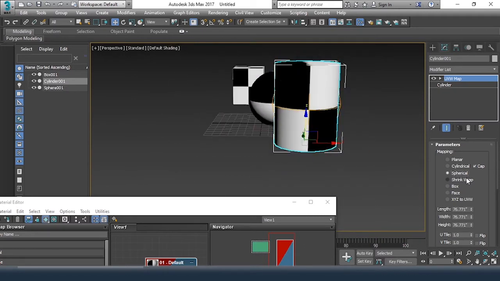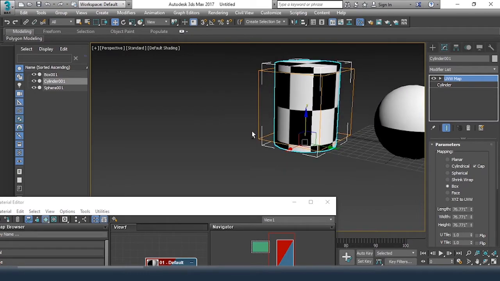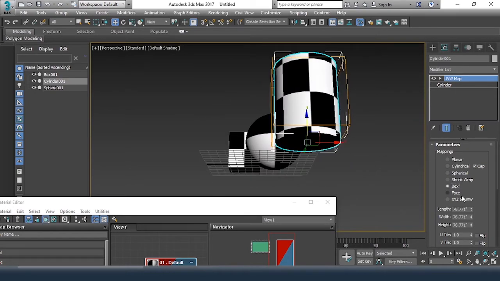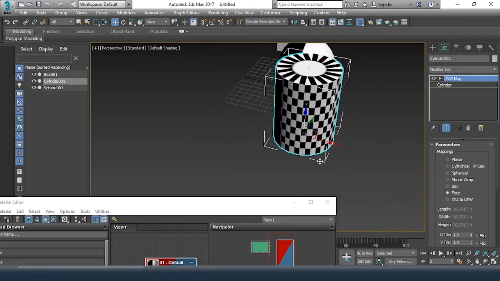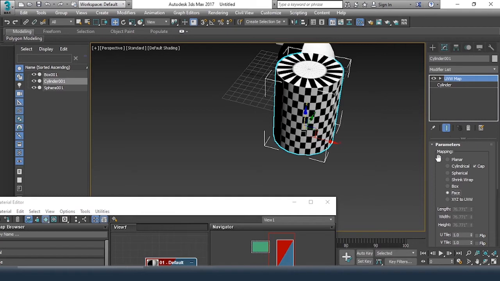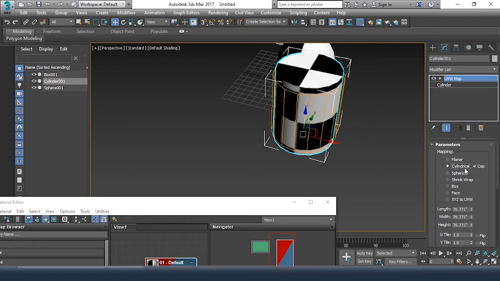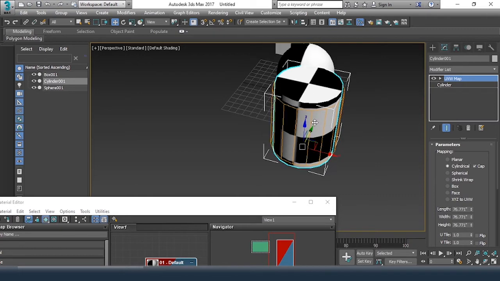Getting it? If I take a box, look at this, how it is going to show me. If I take a phase, so as per the phase it is going to work. Fine. So everything will depend on what kind of projection or mapping I am taking up. Right now, since my surface type is cylindrical, it is a good idea to take a cylindrical map. So your work will be done very easily.